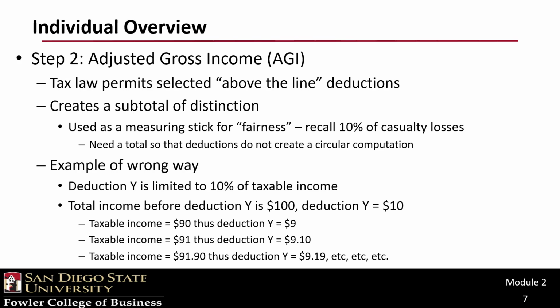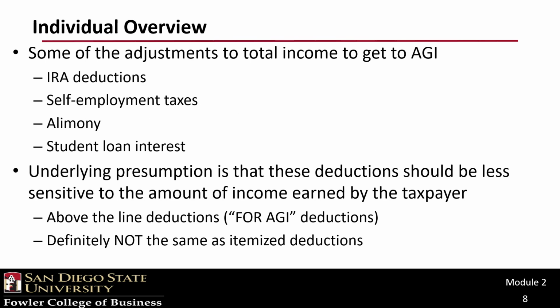The taxable income needs a subtotal like AGI in order to avoid circular computations. For example, if the casualty loss were limited to 10% of taxable income, then taxable income would be dependent on the casualty loss deduction, which, recall, is dependent on taxable income, which would then be dependent on the casualty loss deduction, etc., etc., etc. As I mentioned, there are a small number of items that are deductible to get to